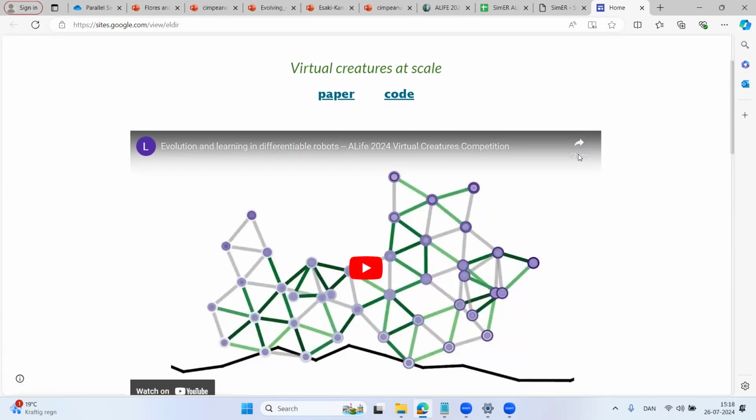Anybody have any comments on the difference between this one and the previous one? I actually don't know. I'm supposed to be your expert up here, but I don't actually know.